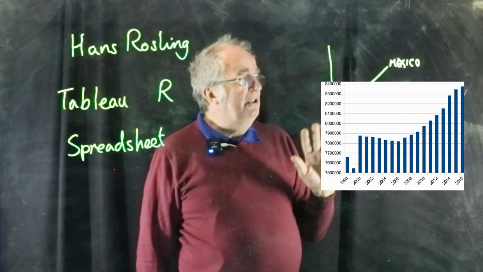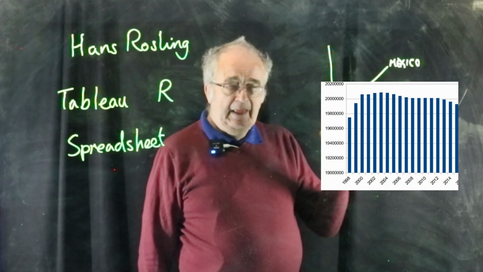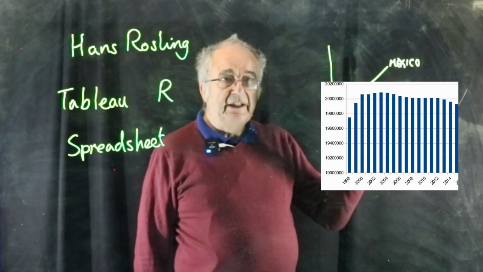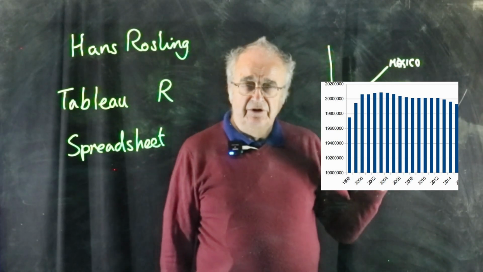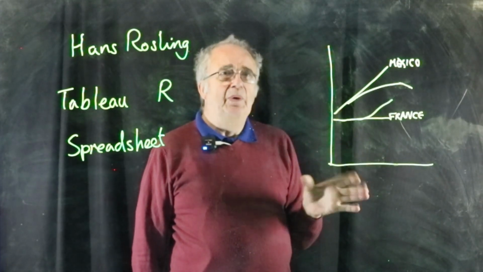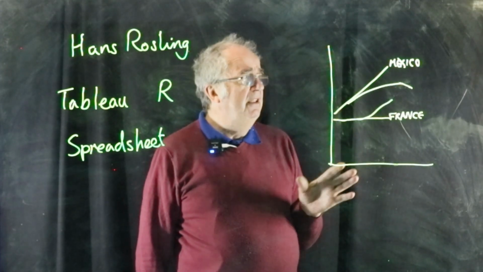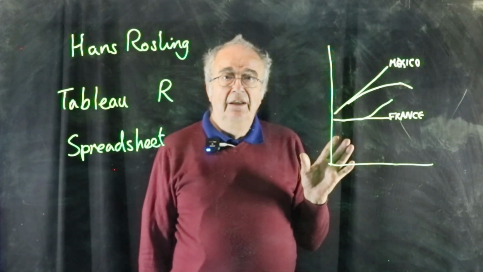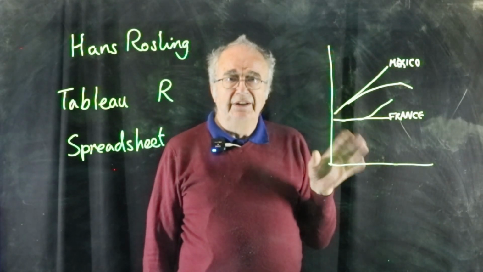Here's the exact picture for Mexico. You can see that the school-age population was increasing but has now peaked, reached a maximum and is now dropping off again. And that's a very important lesson. That's a very important lesson to not be trying to explain what the world was like 40 years ago.